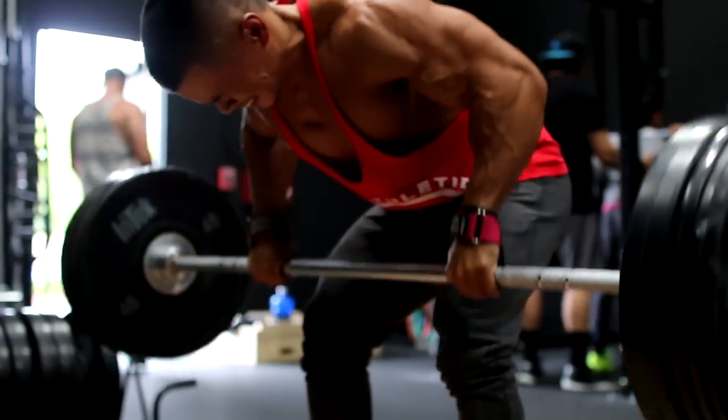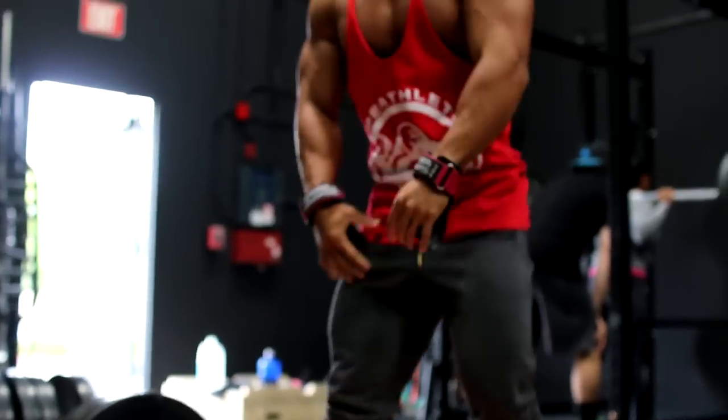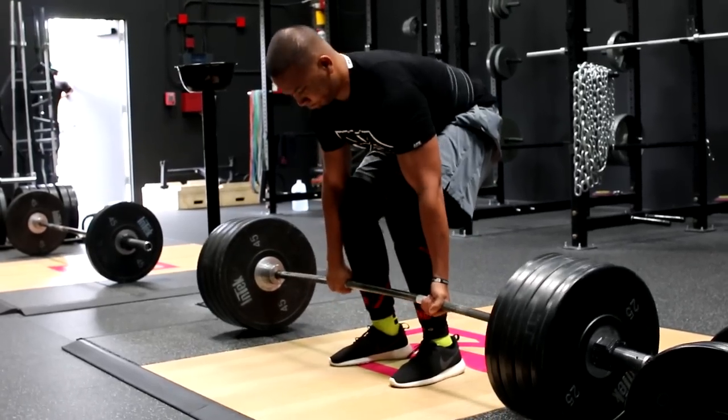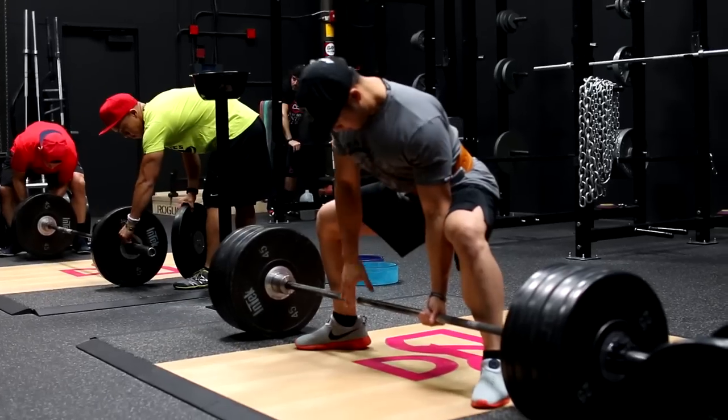I think we warmed up with, what, the bar, 135, 185? And then this is 205. You got 25 and a 10 on each side. Yeah, and then I put in some clips of everyone doing deadlifts, and that's what's so cool about having